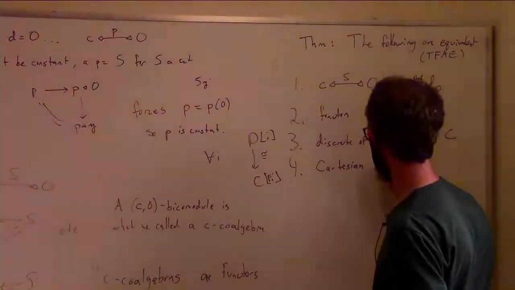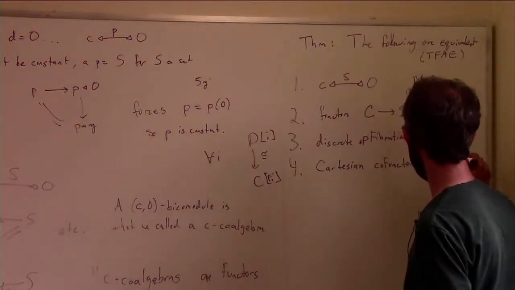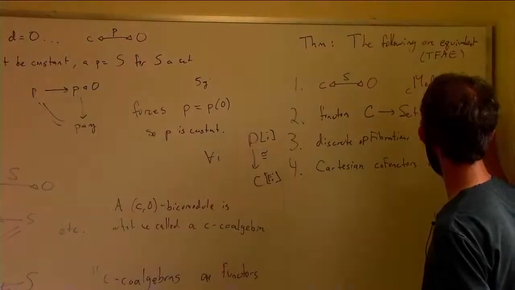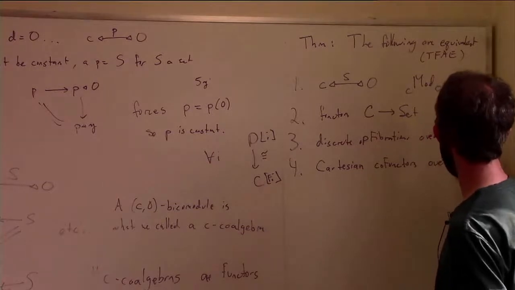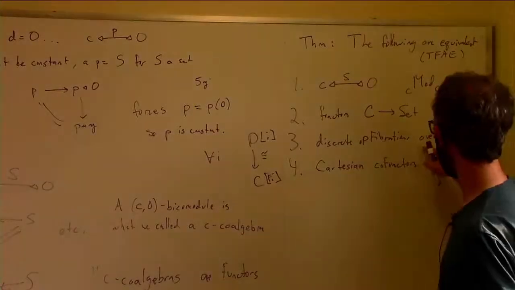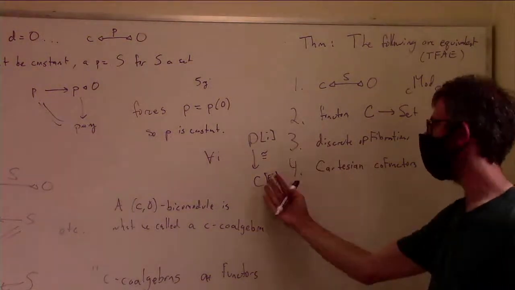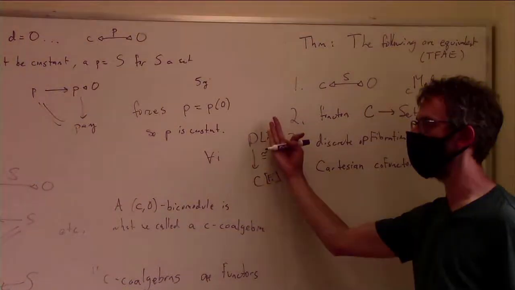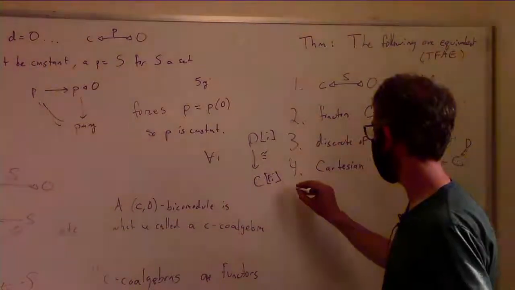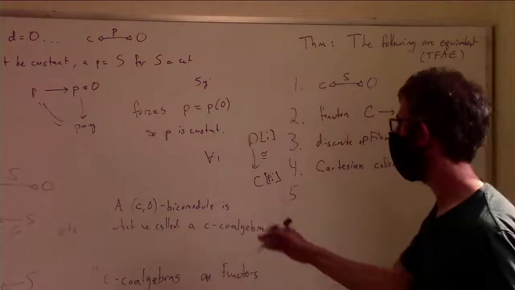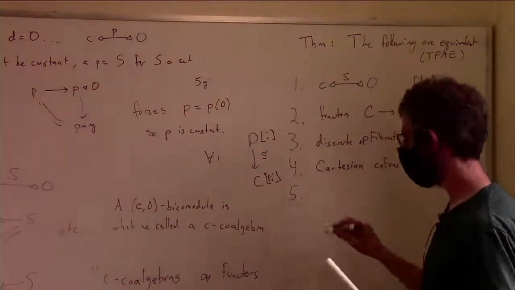Four, cofunctors into C. So discrete op fibrations are like special maps from D to C. These are special functors, these are special cofunctors, but discrete op fibrations over C are exactly the same thing as Cartesian cofunctors over C. If this is an iso, then I don't care if we go forward and think of it as a functor or go backwards and think of it as a cofunctor. So these four all follow from this fact, and the fact that when P is a C0 bimodule, it forces the thing to be constant. But this is kind of weird. So the next one is that